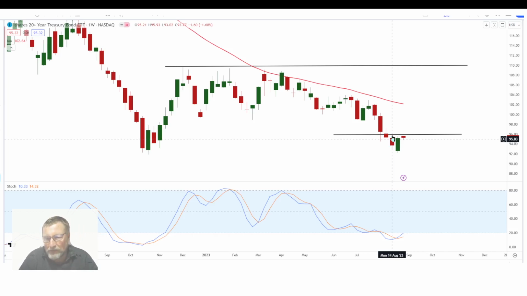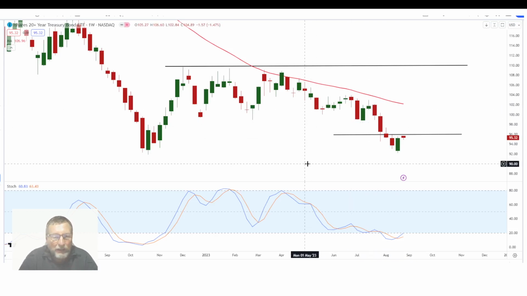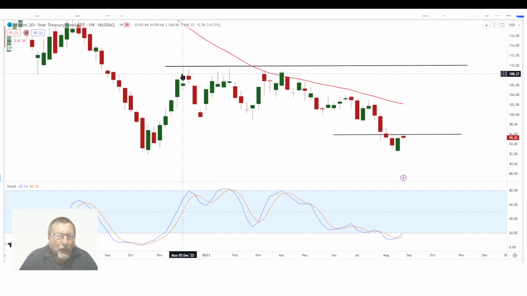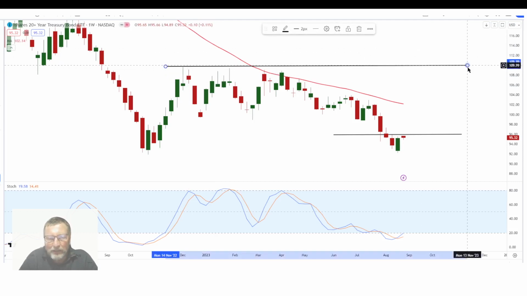But if you look at this, there is the big one, and that is the 40-week moving average, and that sits at 101. Only above 101, the medium term and long term investors will know that interest rates will maybe get lower in America. But where is this double bottom only coming into play? Can you believe it? This double bottom will only come into play above 109.68. So above 109.68, we can see this double bottom come into play.